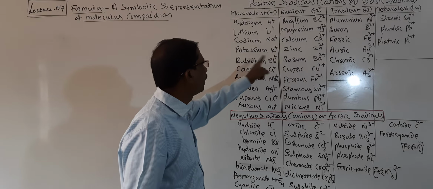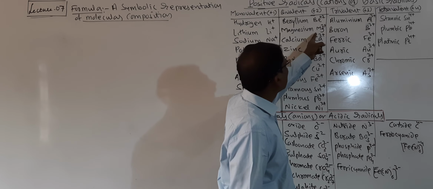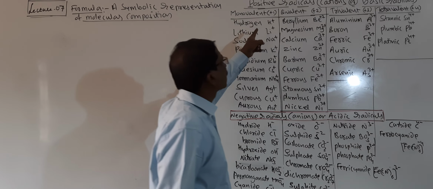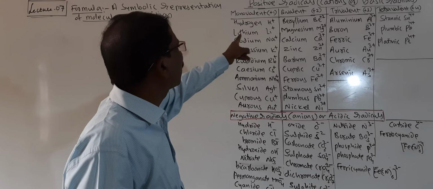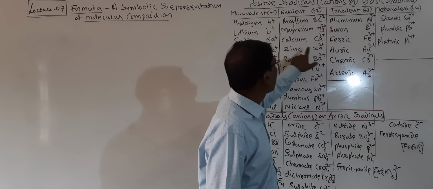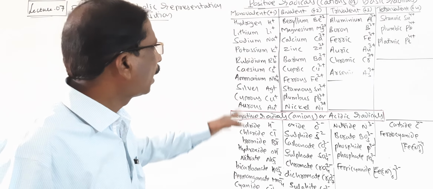This is bivalent, which has 2 valence electrons in the outermost orbit. For example beryllium, Be2 plus, and magnesium ion. These are all ions; under the heading I have written positive radicals, cations, basic radicals. Due to less space, I have written their direct names. Otherwise I would write calcium ion, zinc ion, barium ion, like this.